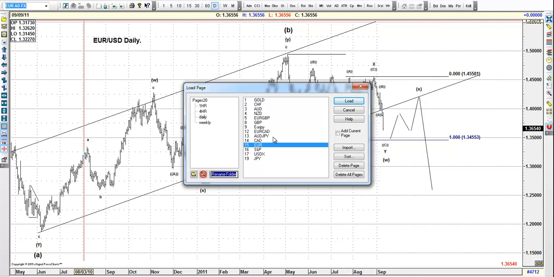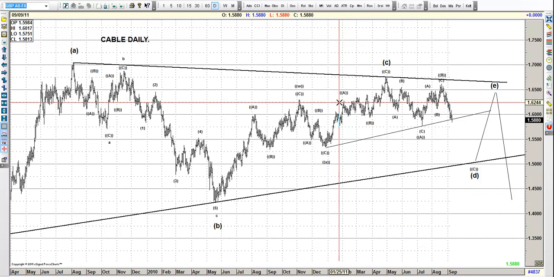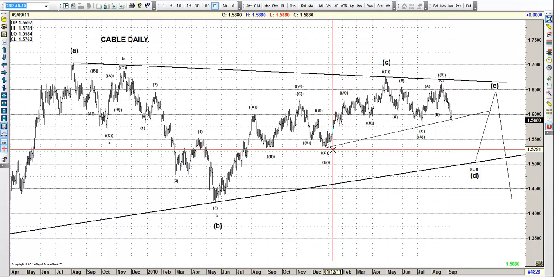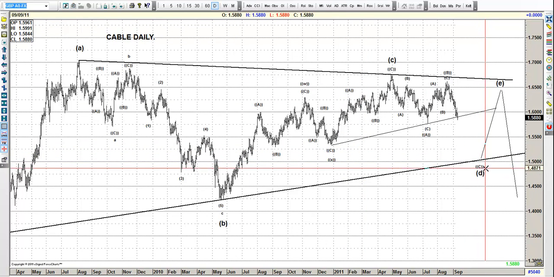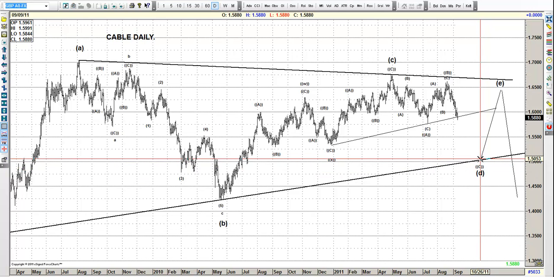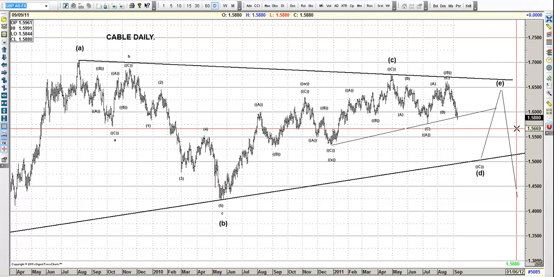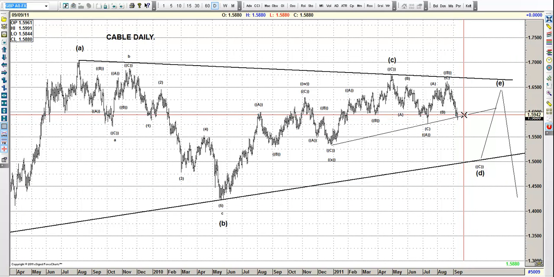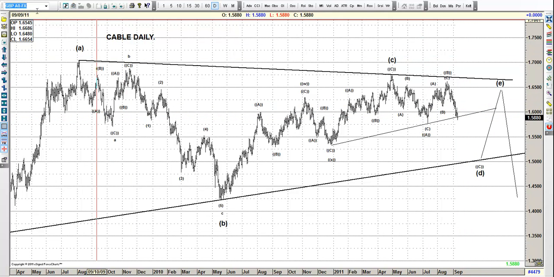Then cable, again, it closed below the secondary trend line. So at this stage in cable, we are favoring the C wave within the D wave that is going to take cable to around 150.53 before higher and lower. Alright, that's what we favor in cable. Still, it closed below the trend line, so even if it's pretty close at this stage, we favor the biggest one right here in cable.